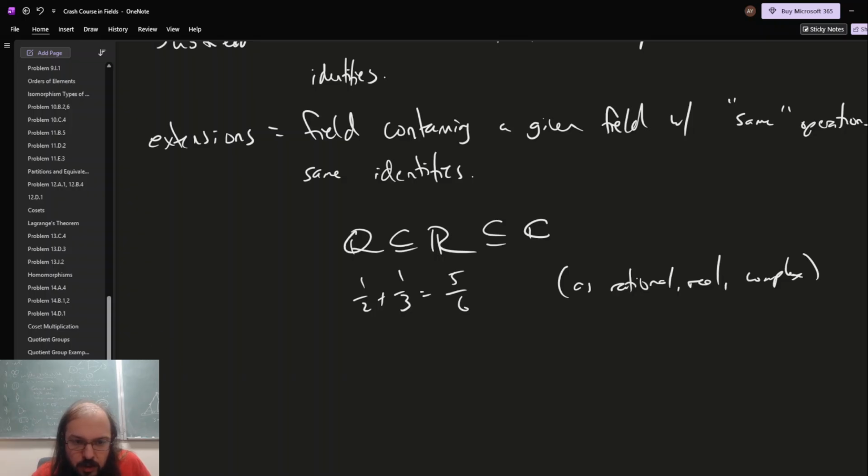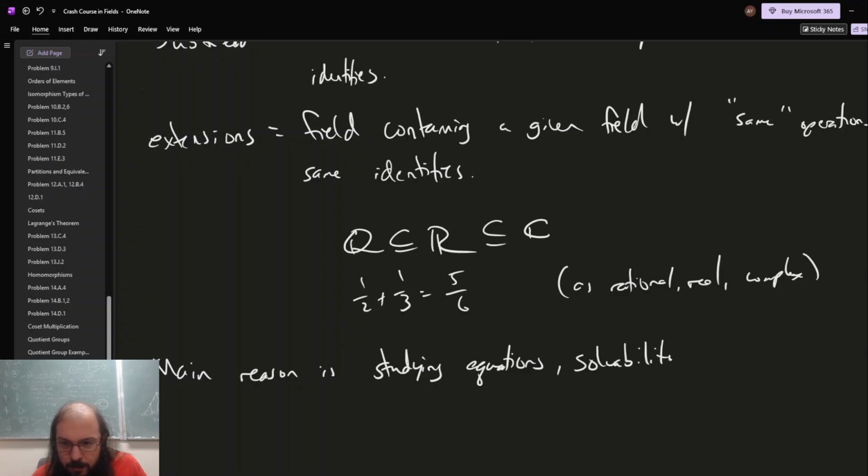The main motivation is studying equations, because it turns out that you can write down a lot more equations in fields than in groups because you have two operations. And moreover, because you have all these equations, it's very difficult to figure out how to solve them and to figure out when they are solvable. And so studying solvability of equations